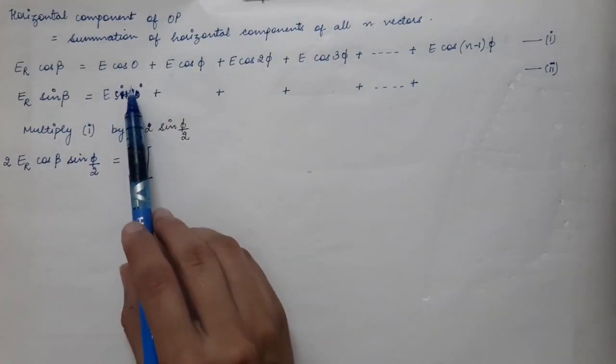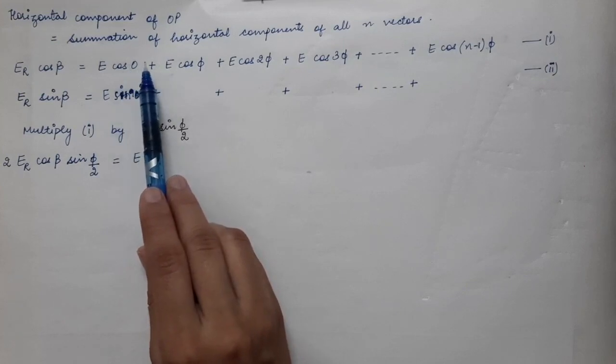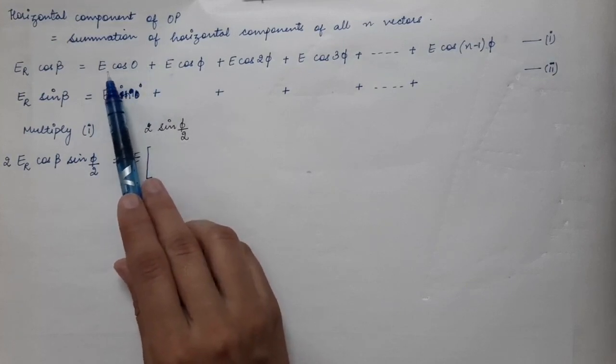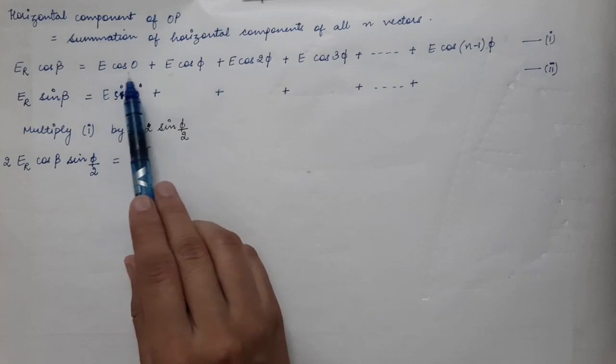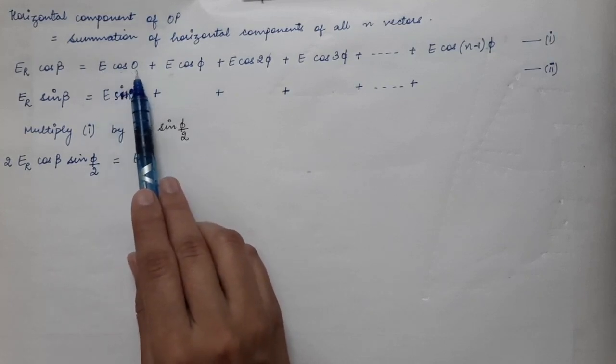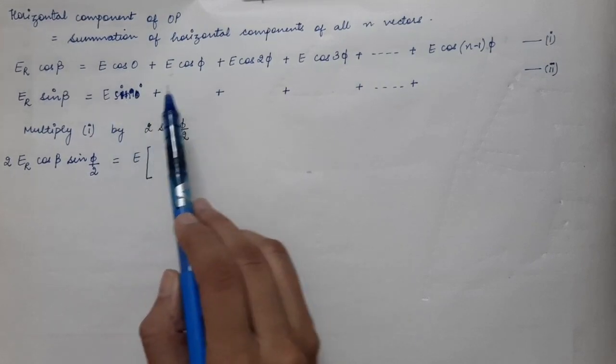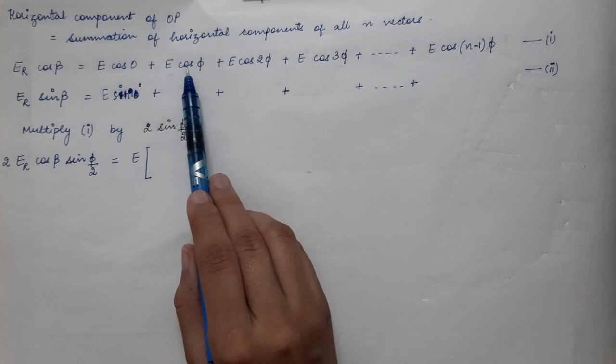The first AB vector was making an angle of 0 degree with the horizontal. So its horizontal component will be E cos 0, and its vertical component will be E sin 0,